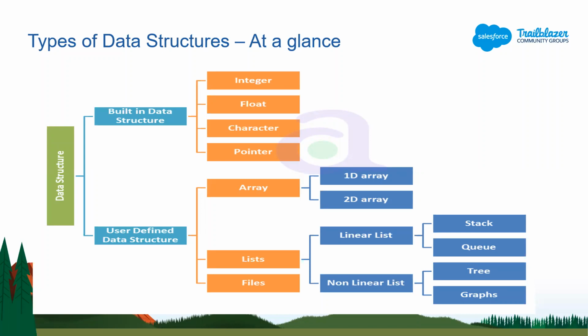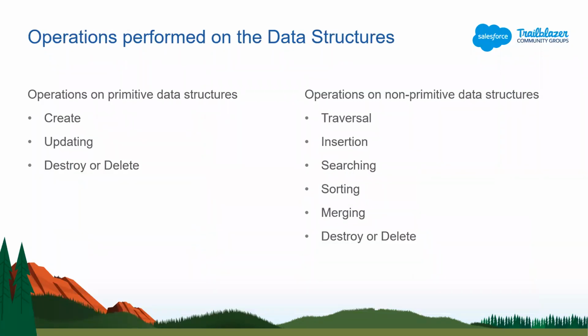Now, the list can be divided further into linear list and non-linear list, and linear list can be divided into stack and queue. Non-linear list can be divided into tree and graphs, and then we have files. So we'll be getting elaboration of some of the common data structures in the next slide. For now,